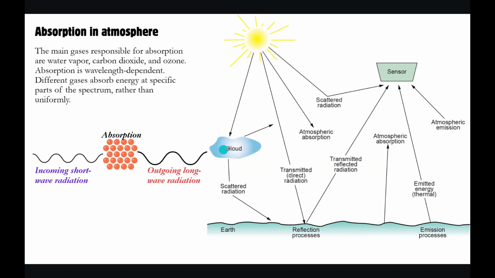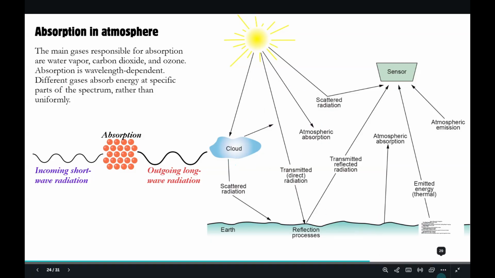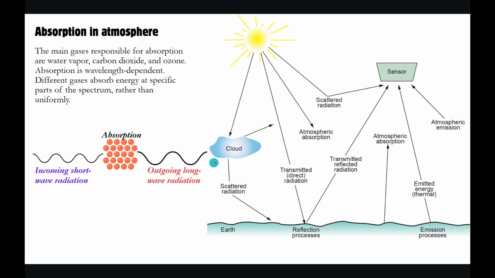If this cloud is white in color, that is how you perceive it. If it is white in color, that means it is more of dust, and almost every light that falls upon it reflects back towards the space. Some of it could also be reflecting back towards the surface. So it bounces off, goes towards the surface. That is why you are able to see these white clouds from the ground as well. It's all about the slope. What is the angle at which this radiation was incident upon the cloud or any object?